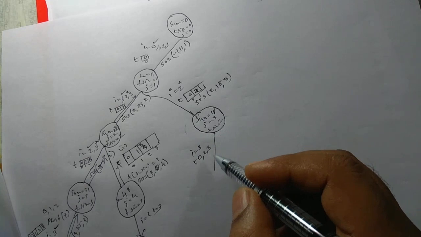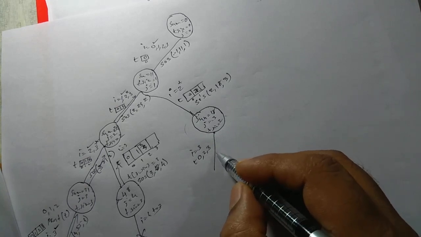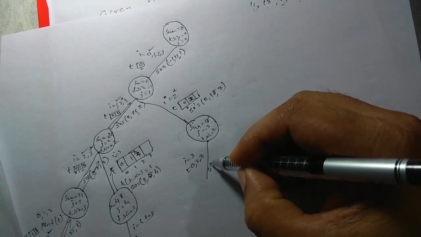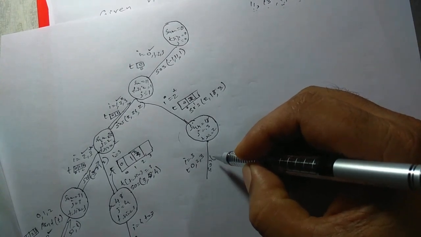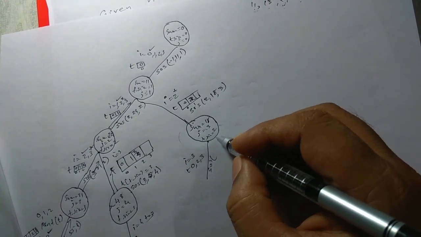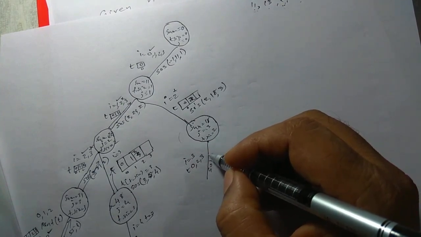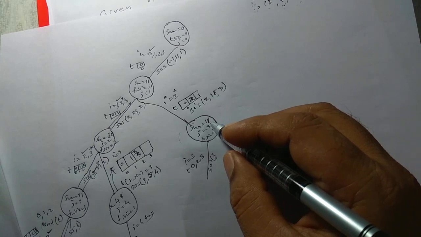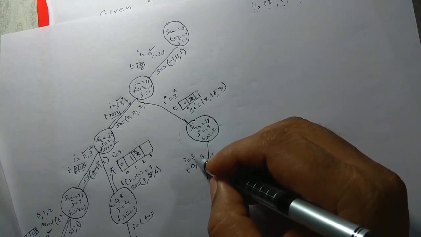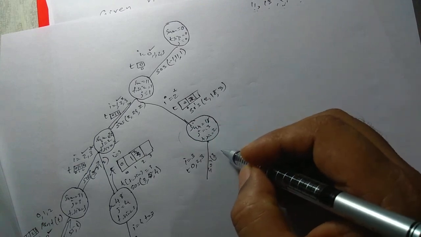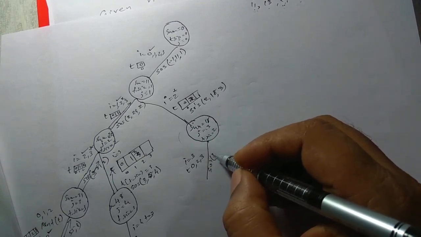Now it is time to do the recursive call SOS with t size plus 1. What was t size? It is 2, and now it is becoming 3. Sum plus s of i: sum is 18, so 18 plus s of 3, that is 18 plus 24, which is 42.